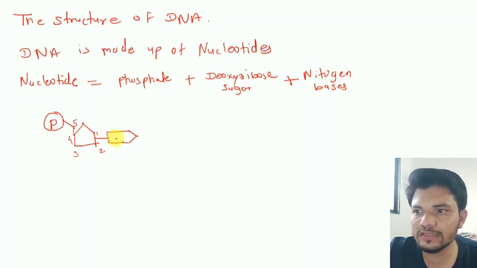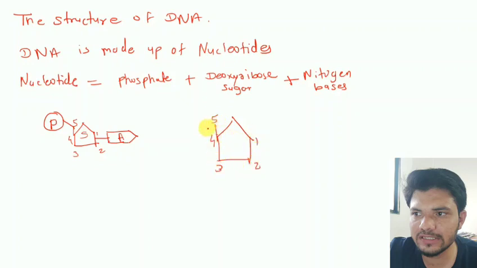So let's say adenine is present here, so it is adenine nucleotide, right? In this way these all 3 components will join to form a single nucleotide. So here we get the structure of nucleotide, right? At the 5th carbon this phosphate group is joined. If we carefully look at the structure of deoxyribose sugar, it has 5 carbons, first, second, third, fourth, and this one is fifth. At the fifth carbon, phosphate is attached.